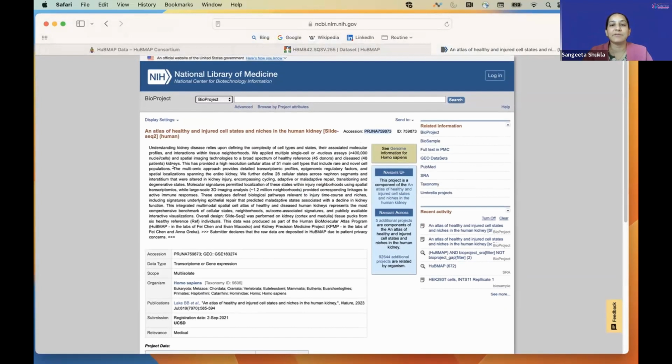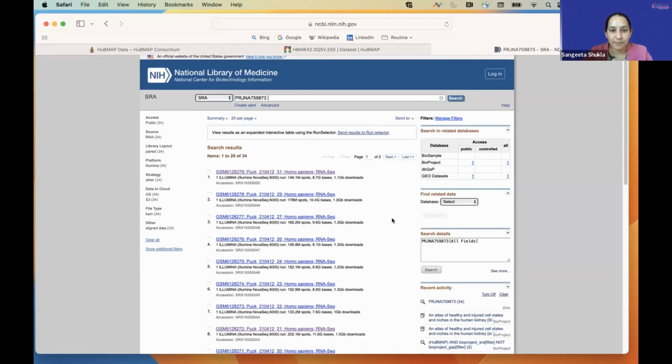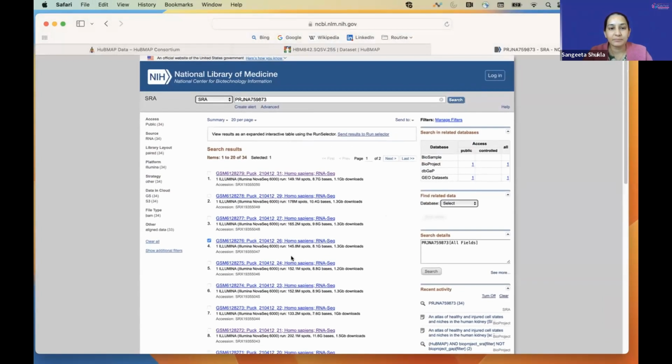Now that we have the file, let's search through the SRA using not just the HubMap or the bioproject kind of filter. Let's specifically search for this accession number within SRA and see where it takes us. That's just my way of making sure that I'm able to extract the metadata files from that. I could choose any of these. Let's say I choose this, and then I open it,